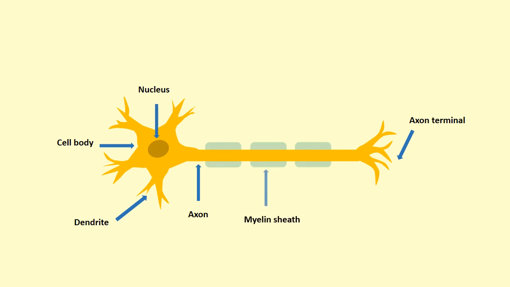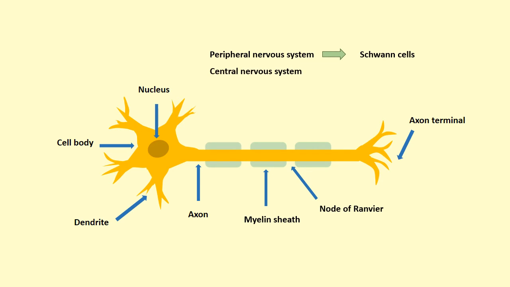Myelin is a multi-layered membrane that wraps around the axon. The spaces of the axon that do not have myelin sheath are called the nodes of Ranvier. These nodes are 2 to 3 micrometers long and are spaced about 1 to 3 millimeters apart. In the peripheral nervous system, the myelin sheath is made by Schwann cells, and in the central nervous system, it